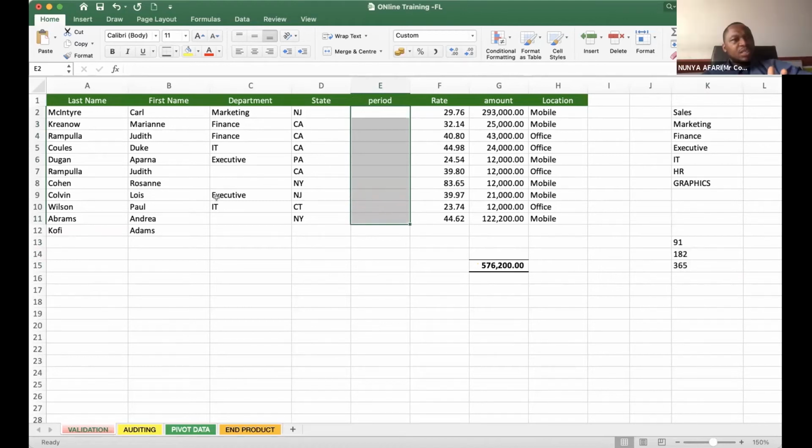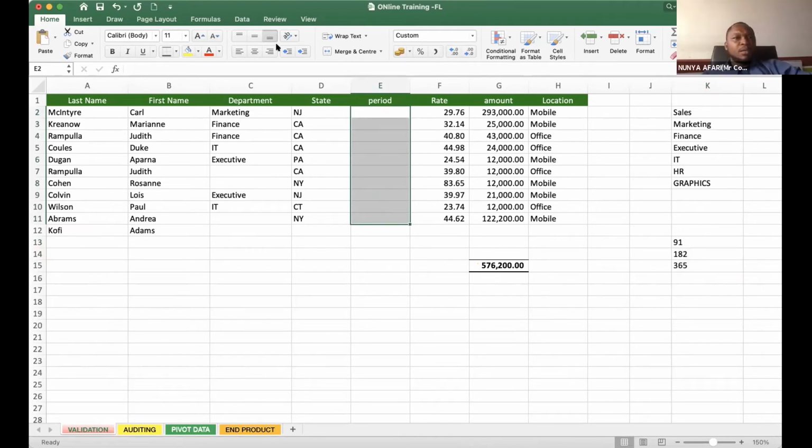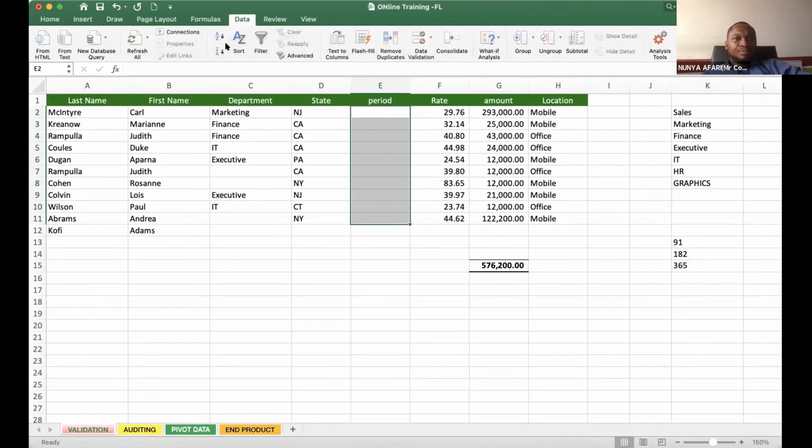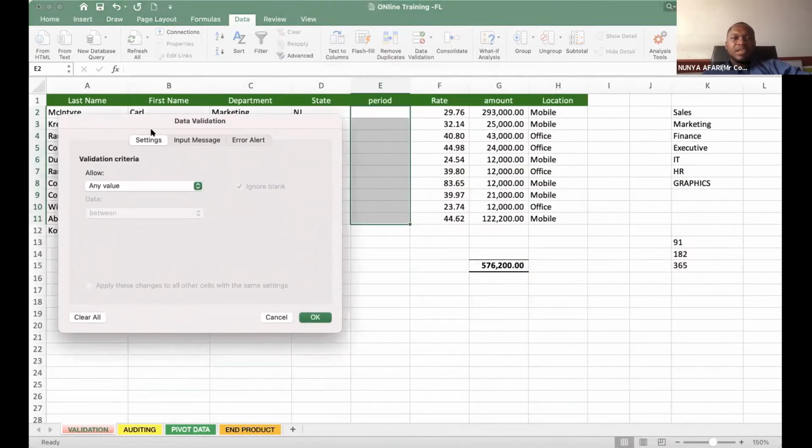So just like we did in the department, I want to highlight the column that I want to validate, okay? I go to the data tab. Again, go to the data validation option and click on data validation. And again, like you see from the first time, Excel will usually accept any value. That's how we can type 170 and 90 and Excel will accept it. But again, I don't want you to be able to type in any value. So I'm going to